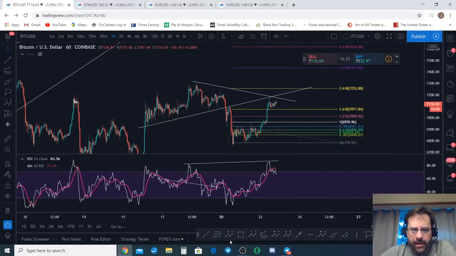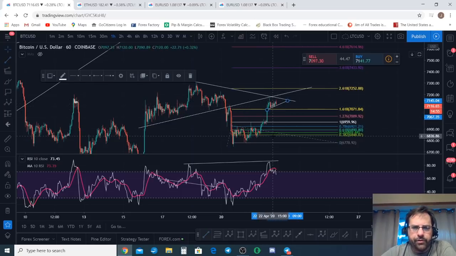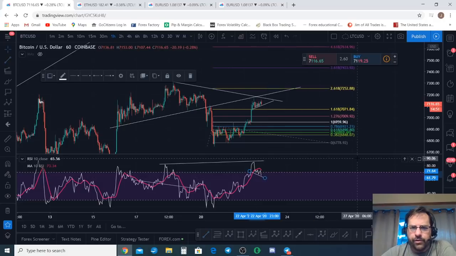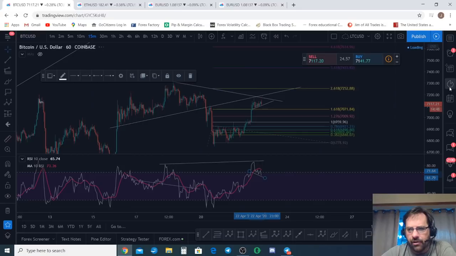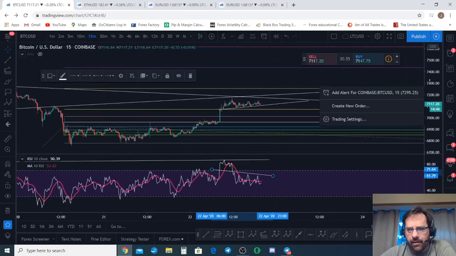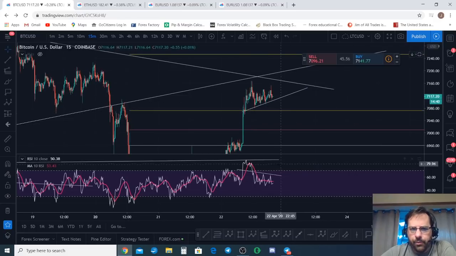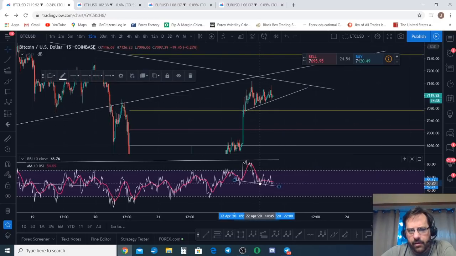The other problem is we've got hidden bullish divergence right here. We've got price moving in an upward trend, while the RSI line is moving in a downward trend. You can really see that better on the 15-minute chart. Let me see if I can get us there. There we go. Price is moving in an upward trend here, while you've got actually